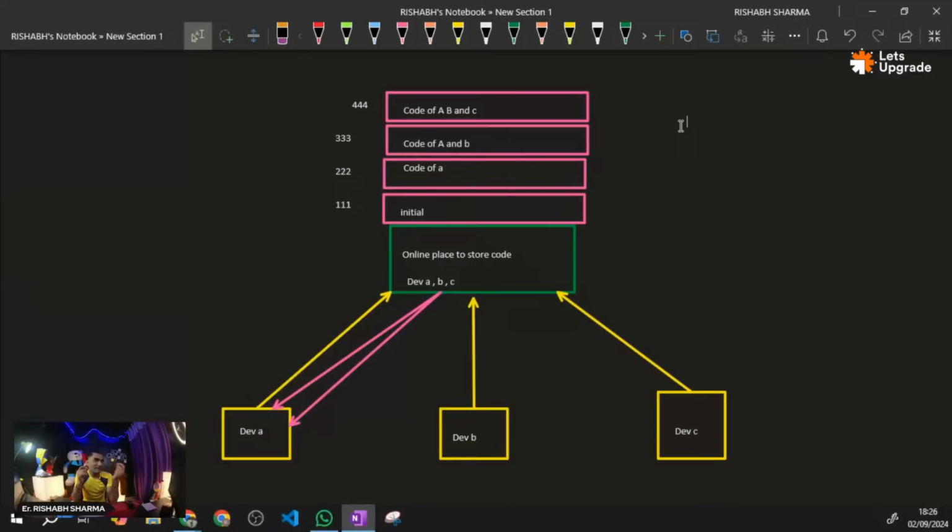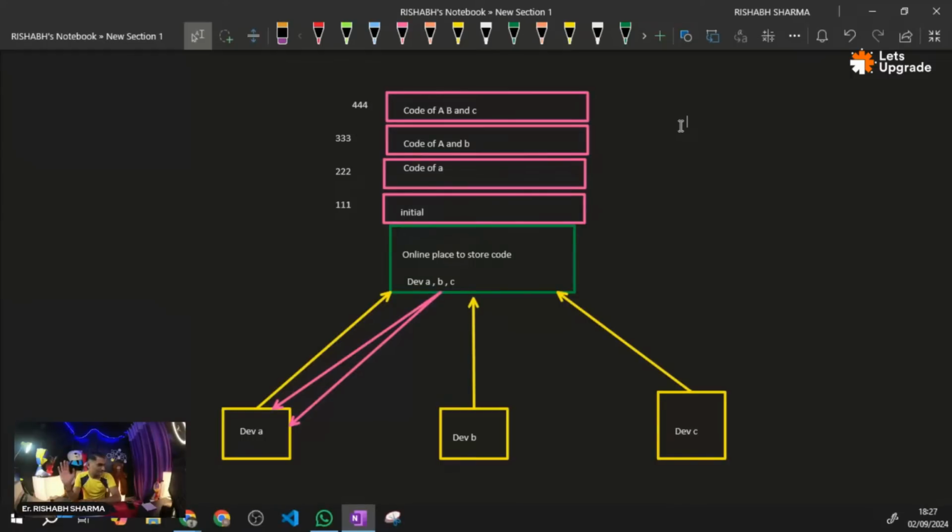So when the code that is code ID of 333 is being pushed on the development server, my product starts malfunctioning, right? So what can I do? I can always switch to the code ID 222, because we know that until 222 it was working perfectly fine, and we can always know that when developer B has pushed the code, some malfunction happened. So there might be a chance that there is an issue with developer B's code, right? So this is what version control is.